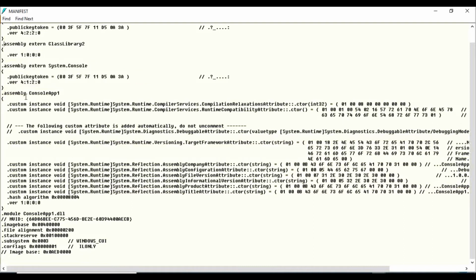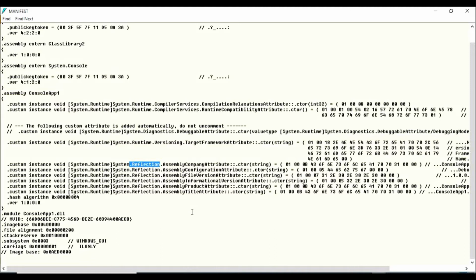Now again, if you find something here, that is this custom instance void System.Runtime, this custom instance void System.Reflection. If you recollect from my previous video, I have shown you in that AssemblyInfo class how you can sign an assembly with a public key pair.